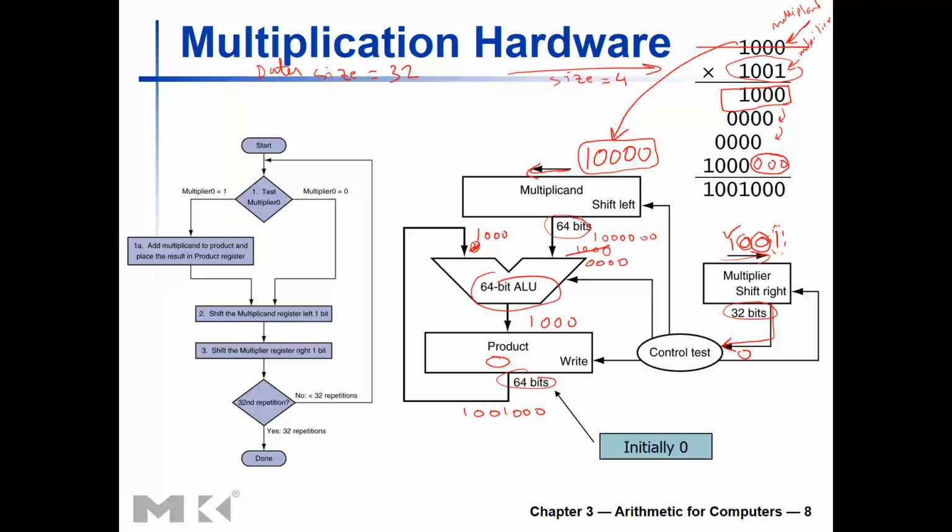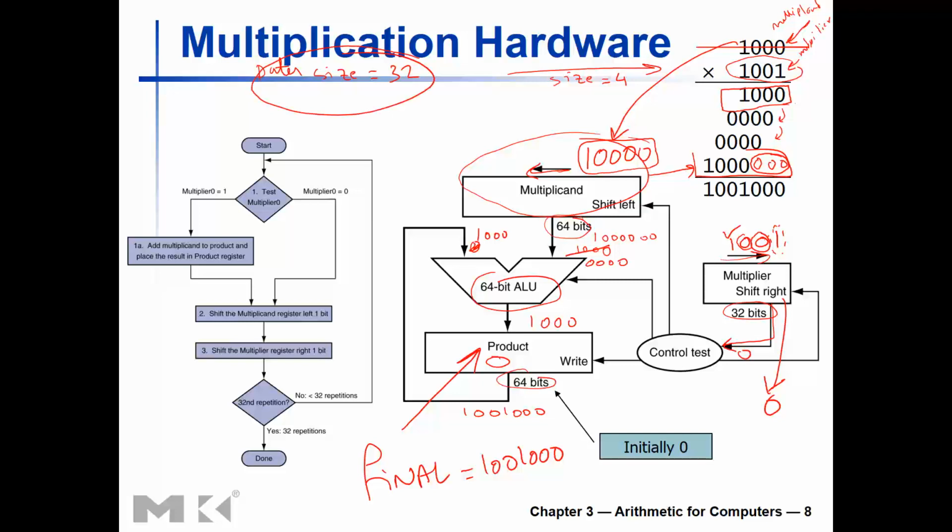of the multiplier. So finally the multiplier, what's inside here is just zeros, and what's in here is the maximum shift, which is right here, and what's inside the product is the final result, which is 1 0 0 1 0 0 0. In the exam I typically will ask you to draw this hardware, and I ask about the final results in these registers and their initial values. So make sure you understand the algorithm very well as I explained it. Make sure you know how we initialize these registers, and what their final values are. Also, typically in the exam we express the numbers in these registers in hexadecimal,